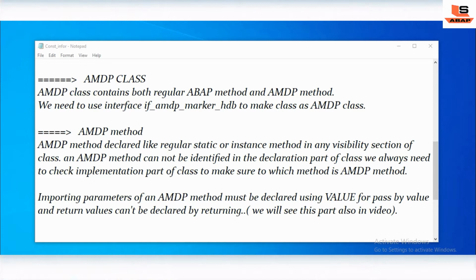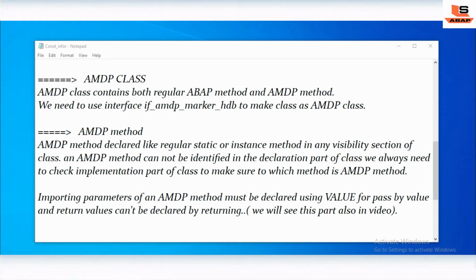In the description below you may find the AMDP method syntax to identify whether it is an AMDP method or not. One more important thing is that importing parameters of an AMDP method must be declared using VALUE for pass by value, and return values cannot be declared using RETURNING. We will see this part in this video session also.